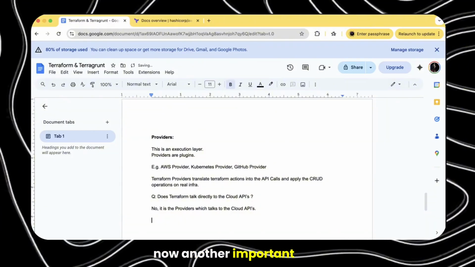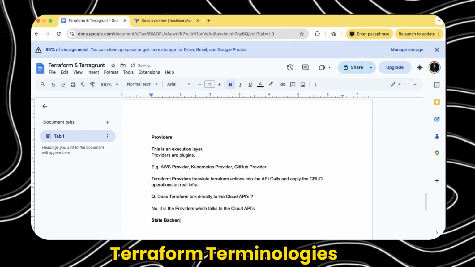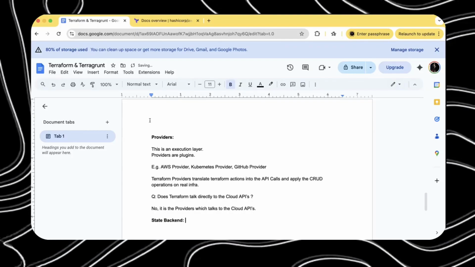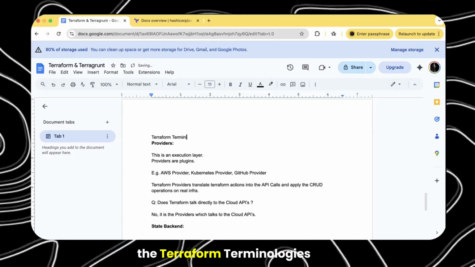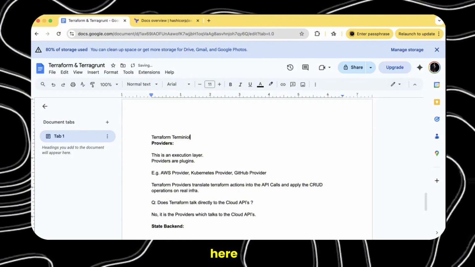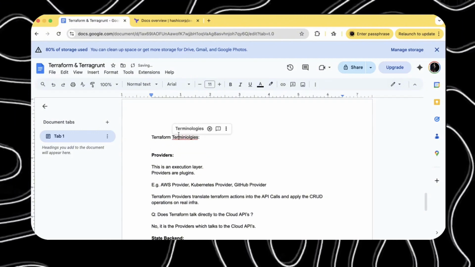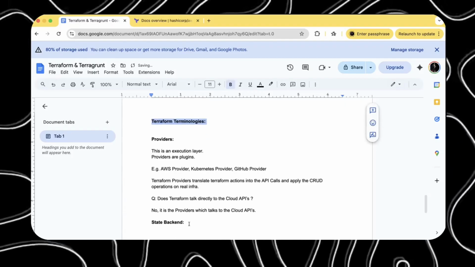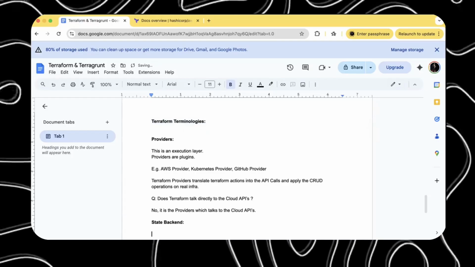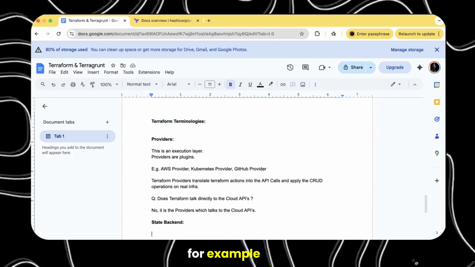Now, another important concept which we studied in terms of the Terraform terminologies which we are reading right now. Terraform terminologies I would mention here. So this is all about the state backend. For example,